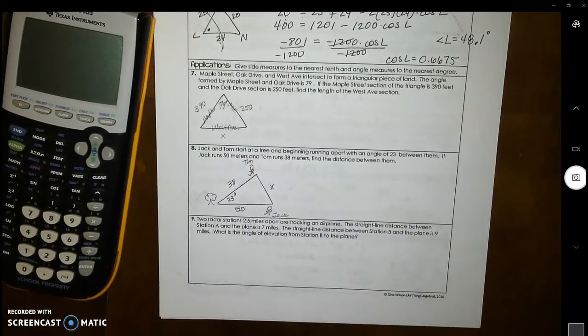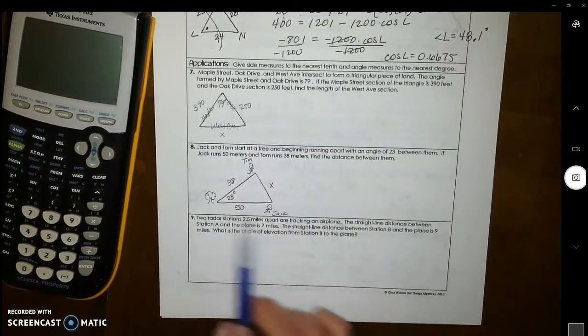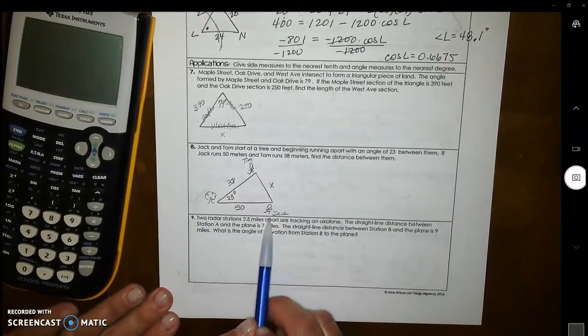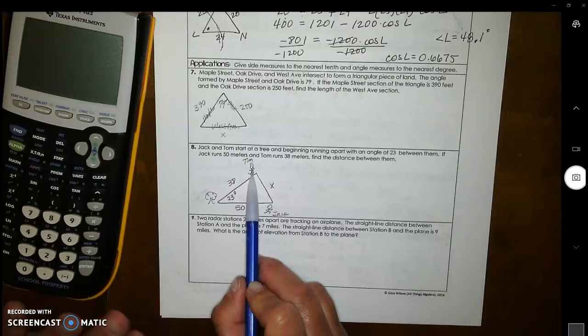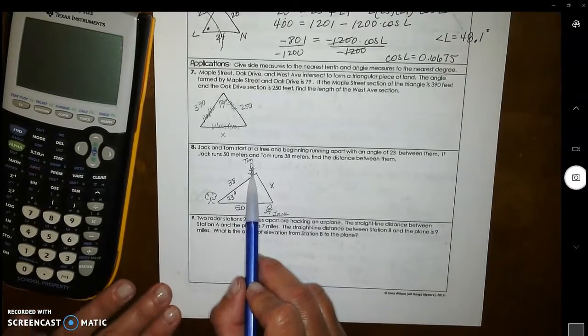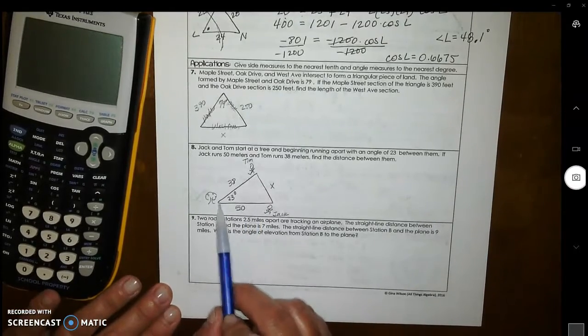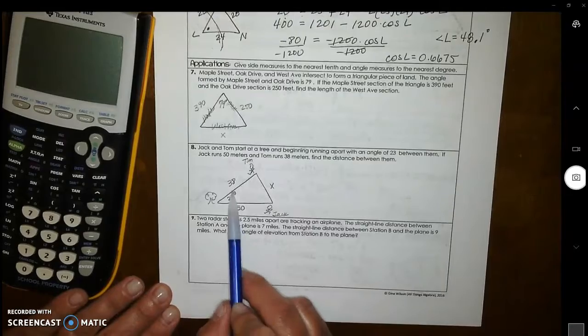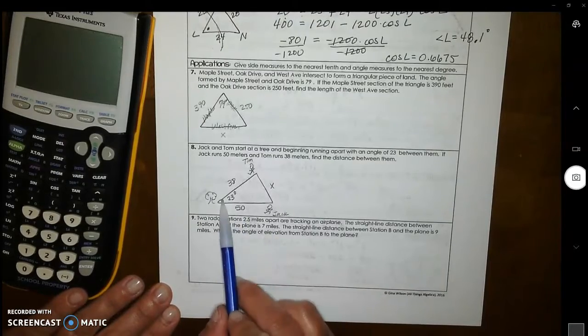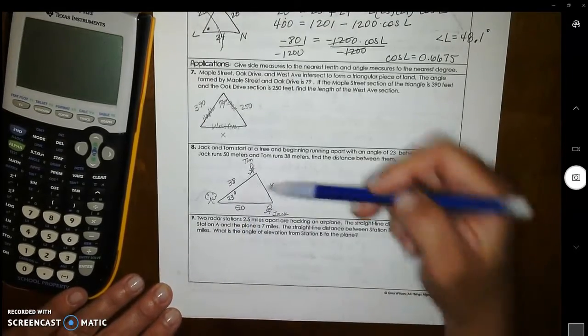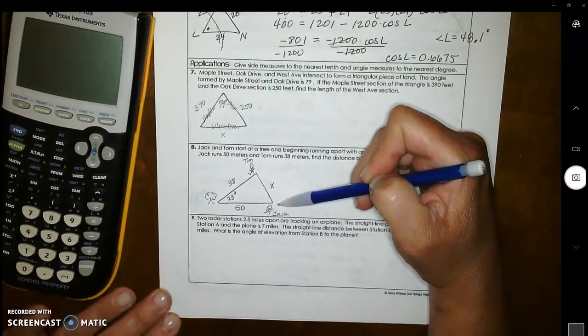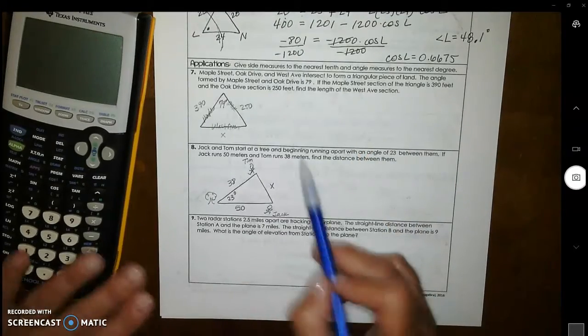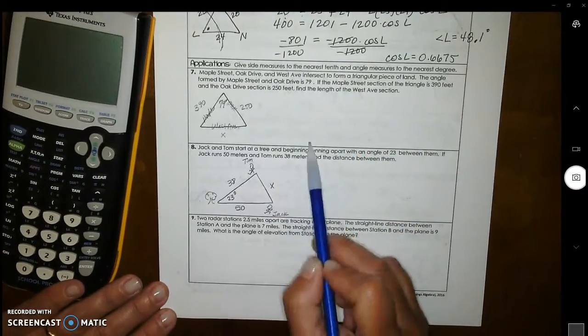Then for number 8, we have Jack and Tom, which, by the way, I changed his name to Tim in the picture because we have a Jack and Tim in class. They start at a tree and they start running. I love my little running stick figure dudes, but Tim is over here flexing apparently because I drew his arm the wrong way. But they start going. There's a 23-degree angle between them. Jack is running a little farther than Tim is running, but I want to know what this distance is over here. So in a couple of minutes, I'm going to pause the screen and show you what the answers are,